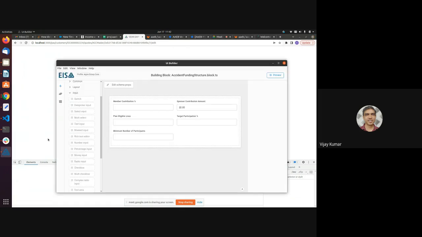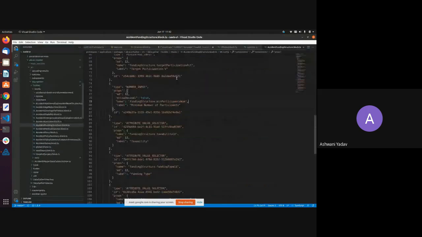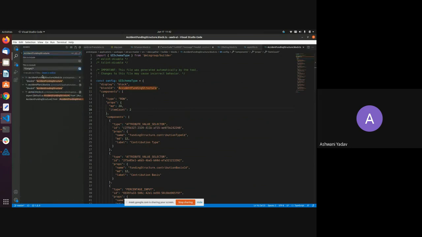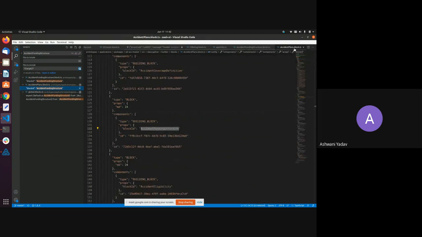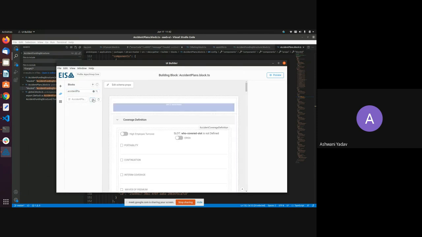I think layout is there, something like this. Yes, it's also in the UI builder. Let me show you. You can see this block has the ID accident, funding structure, right? So let's search it, and you can see here the accident plan dot blocks, right? So go to the blocks again, accident plans. Here you can see